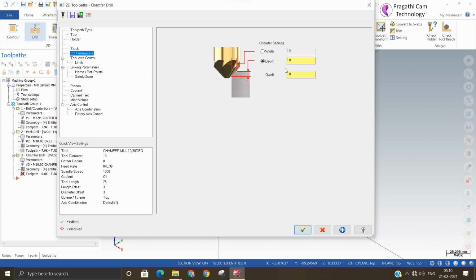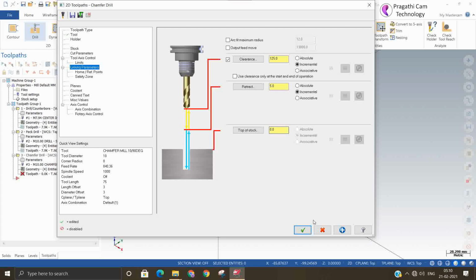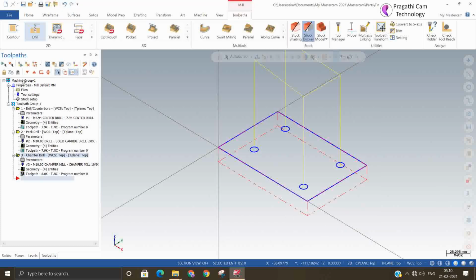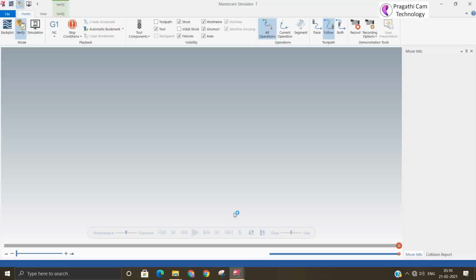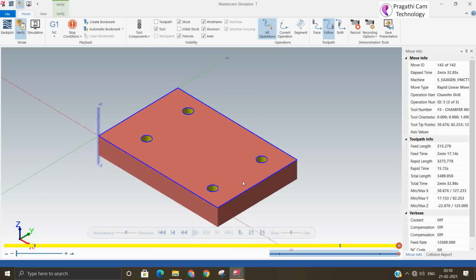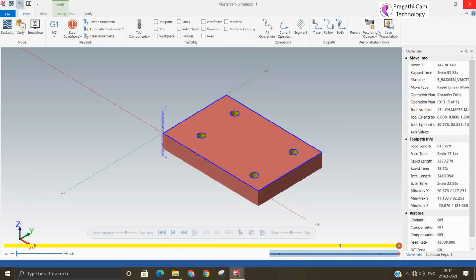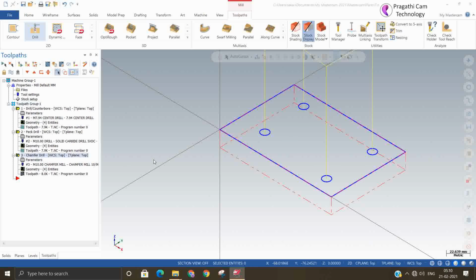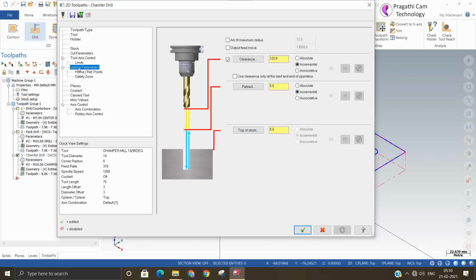Here you can give your depth. We are not going to do anything yet; we are just going to study how this looks and how it functions. First we'll study, and slowly we'll change the parameters and see how it is working. It's not done. Okay, so now we'll change the depth and see.